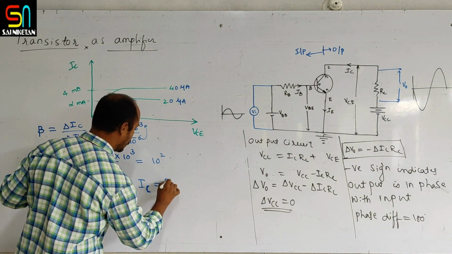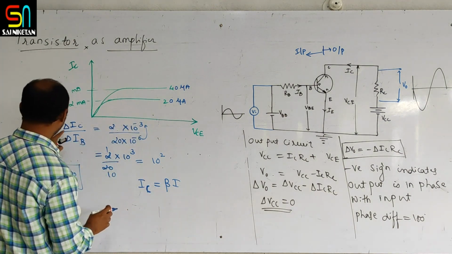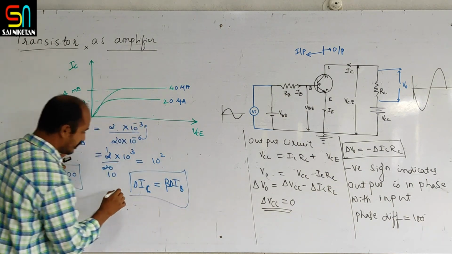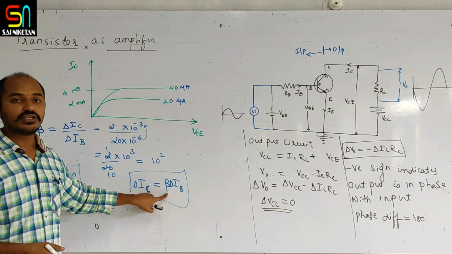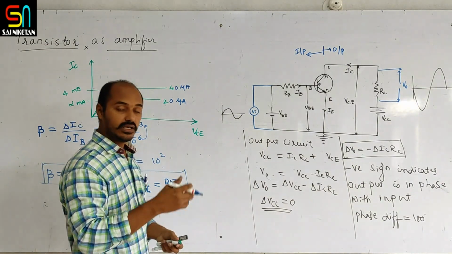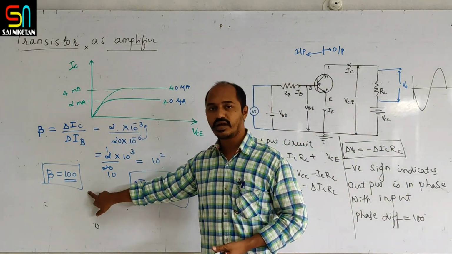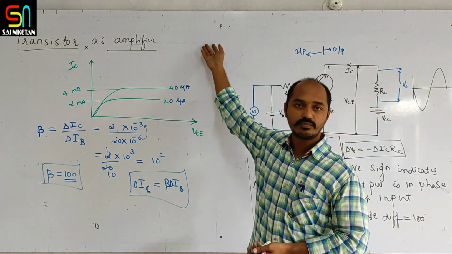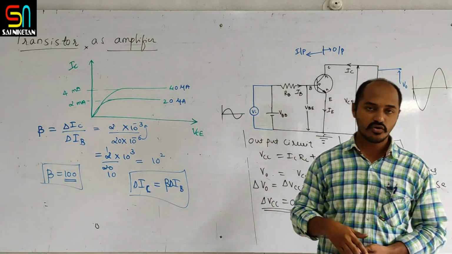Now what I want to tell is, IC is equal to beta IB. The output current increases 100 times its initial value, so beta is 100. So multiplied by beta, it is changing by 100 times. That is what I want to explain. Now we have calculated beta. You can take any example of voltage, you can calculate the change in voltage, or the voltage amplification factor and power amplification factor, by taking certain values of resistors and so on. So hope you will understand this one.